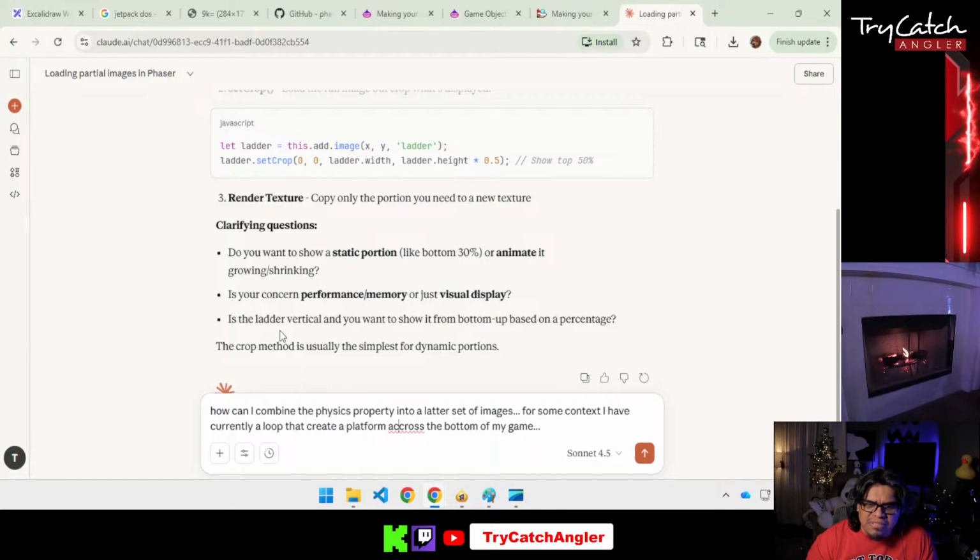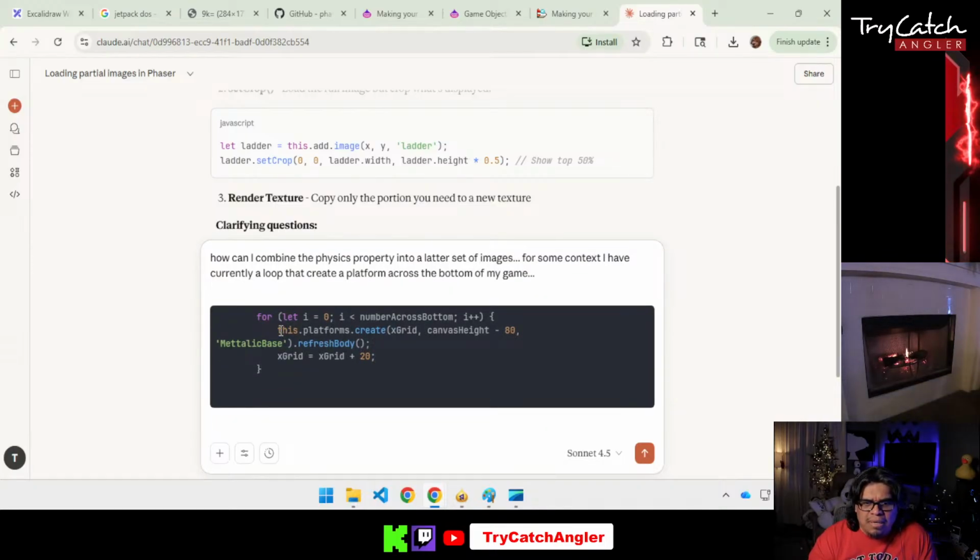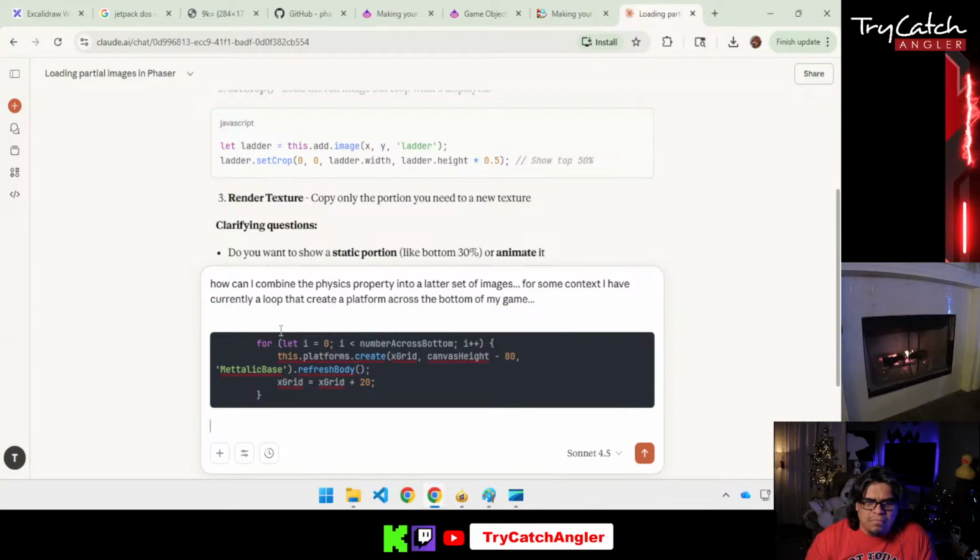Oh, it's 1C. How do I add a ladder going up